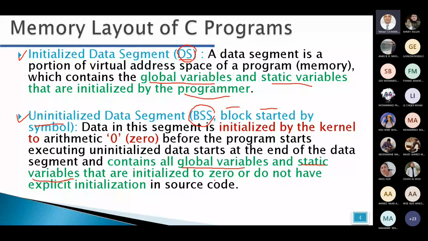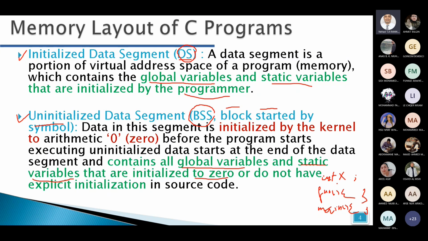But if we give the initial value as 0, or we did not give an initial value, then it will be stored in BSS. For example, what's a global variable? Variables that are created outside all the functions. So if we have a function and we have the main function, and you have a variable, for example, integer x, outside all functions like this,